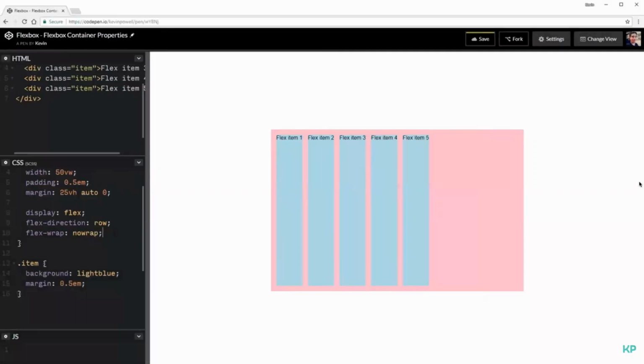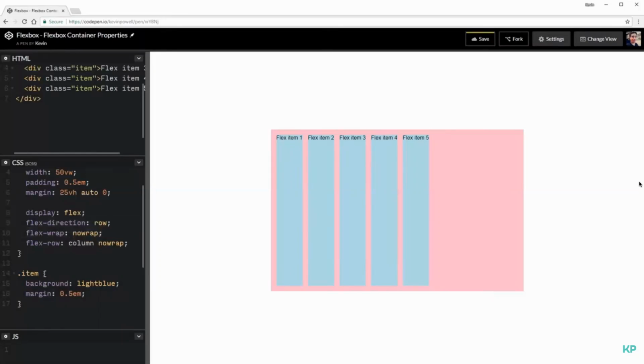The next thing we can look at is something called flex flow. And flex flow is just a shorthand for flex direction and flex wrap. So I have flex direction row, flex wrap is no wrap. I could write flex flow, and in here I could write row no wrap. So this is literally the same thing as keeping this. Like my flex direction is row, my wrap is no wrap. So if I switch this over to column, it should